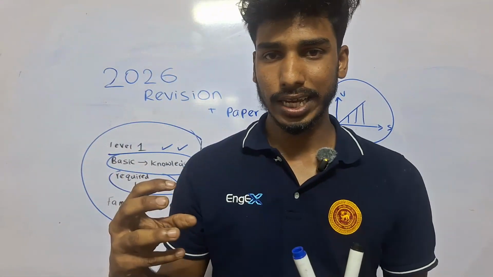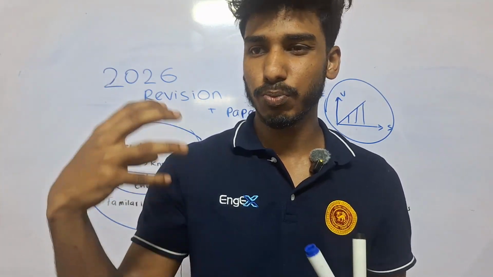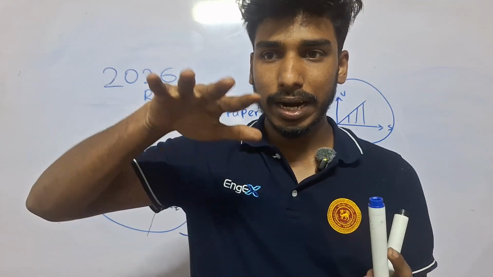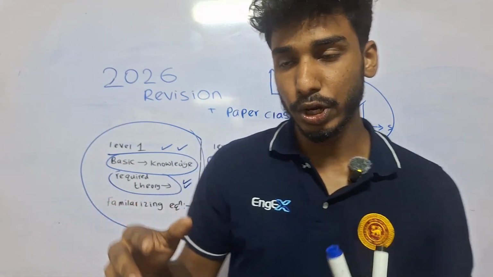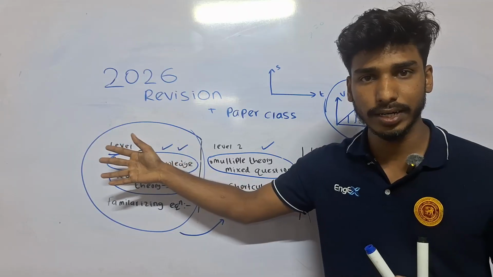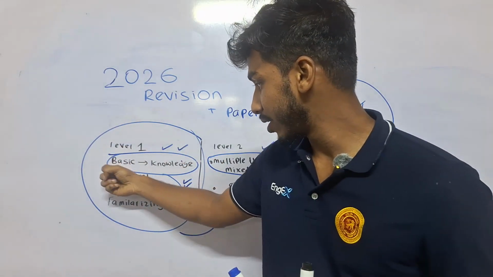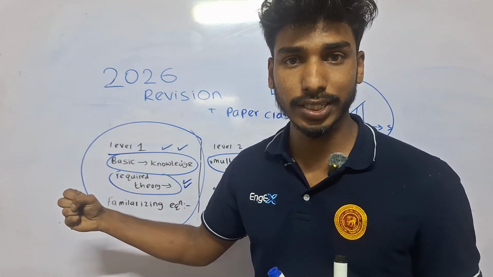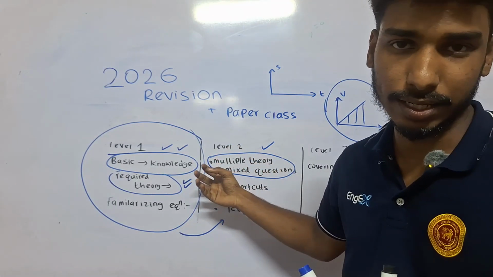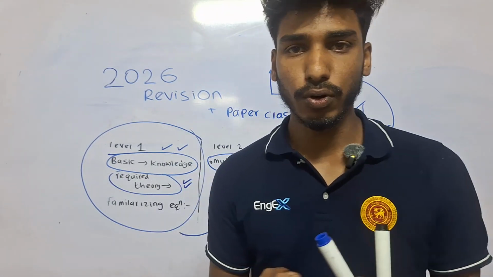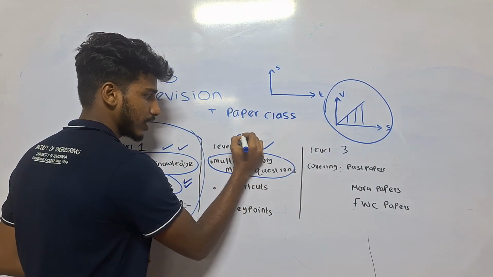So mainly these questions are actually obtained from past papers, these model papers where people are able to relate things. And also since we have completed level 1, since we have the relevant theories and the basic knowledge, this section looks completely easy. And mainly I used to focus on an essay series here because